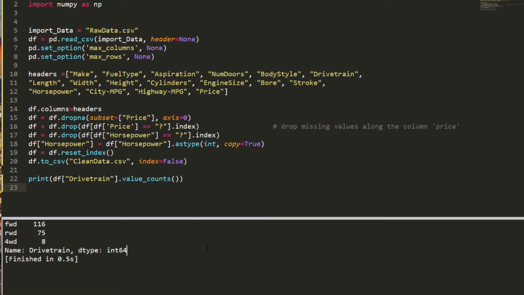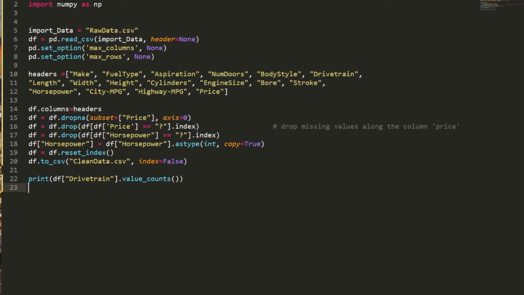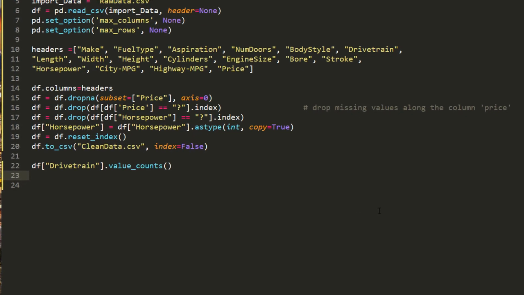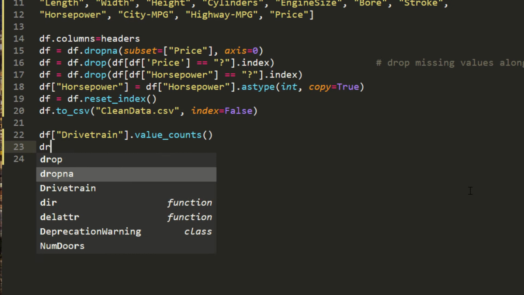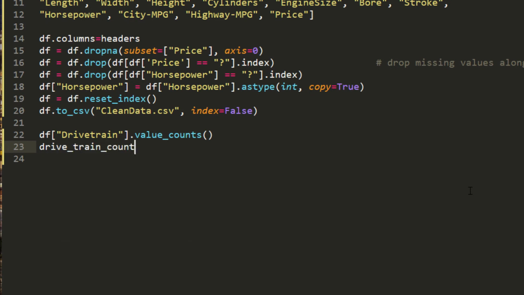If you are here, click escape to go. Then I'm gonna delete the print function. I don't need it. So I'm just gonna need this one. Now I'm gonna create a variable. I'm gonna call it drivetrain count equal df drivetrain